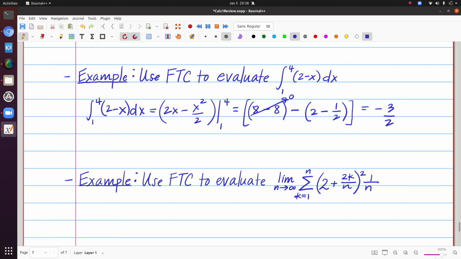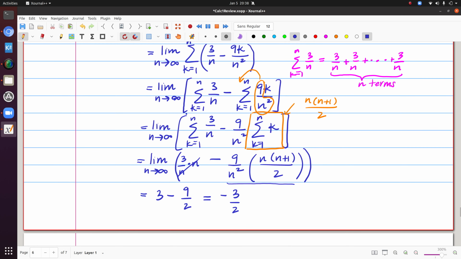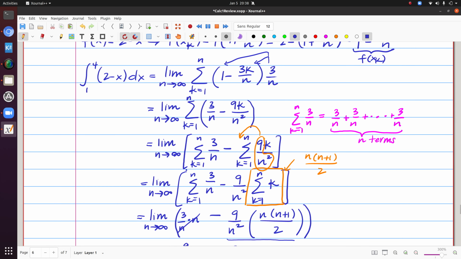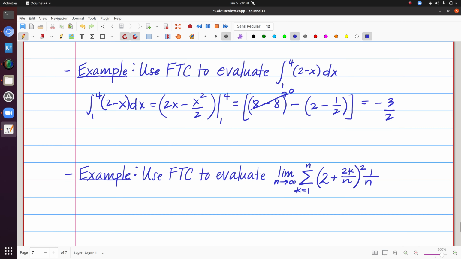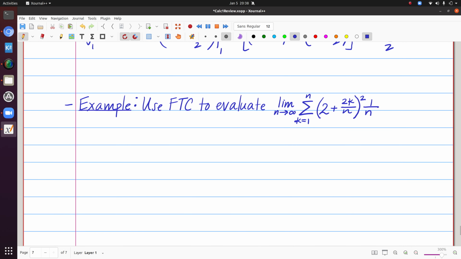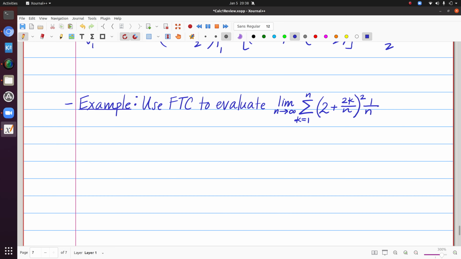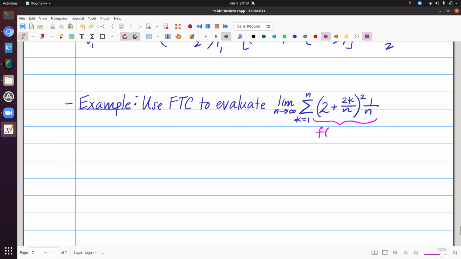So here, my process is kind of the opposite of what I did in this first example. There, I started with a definite integral, and then I rewrote it in this limit form. Here we want to go backwards. I want to figure out a function f of x on an interval a to b so that I can rewrite this as the integral from a to b of that function f of x. So it's really important here to have a way to chip away at the pieces that we need. I'm trying to identify this part as f of x_k star,